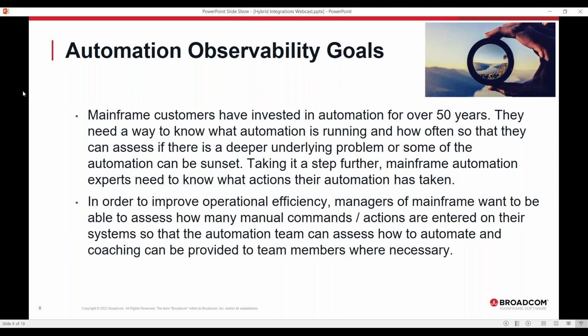And some of that automation is old. Some of it might not actually be running, or it might not be having the intended effect, or they're not even really sure whether it's running, and if it is running, what did it do? How often is it running?